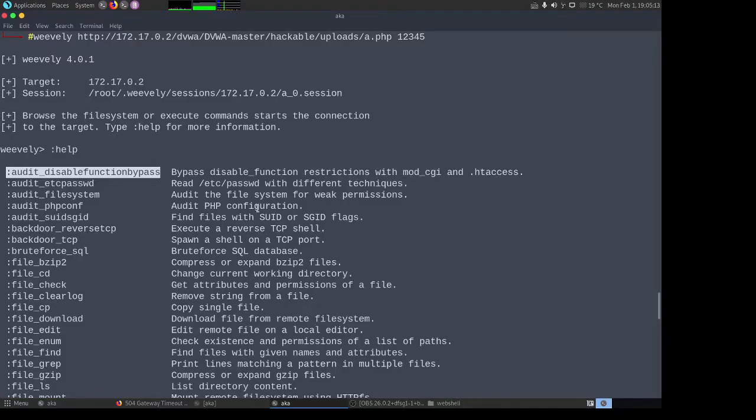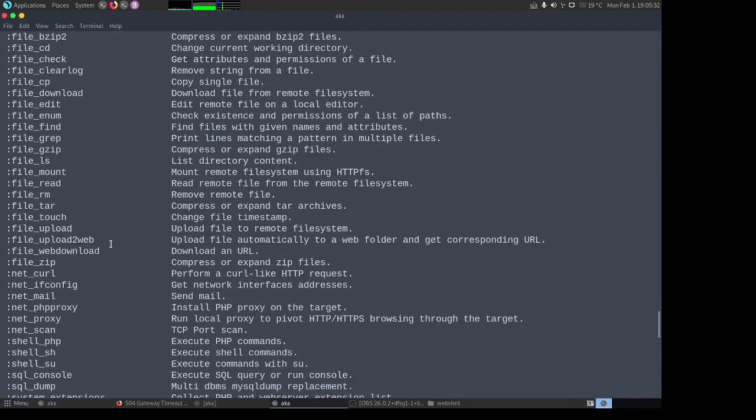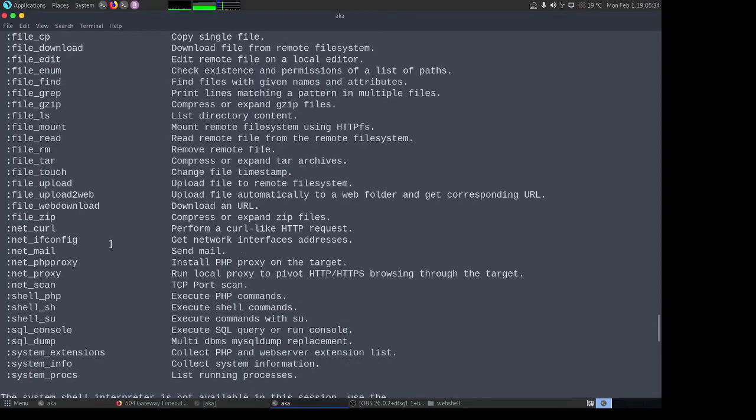It has a few other functions which you cannot directly use, right? So if you want to do a backdoor TCP or backdoor reverse TCP, it already has all those things, and you can directly use those functions rather than typing the whole command.